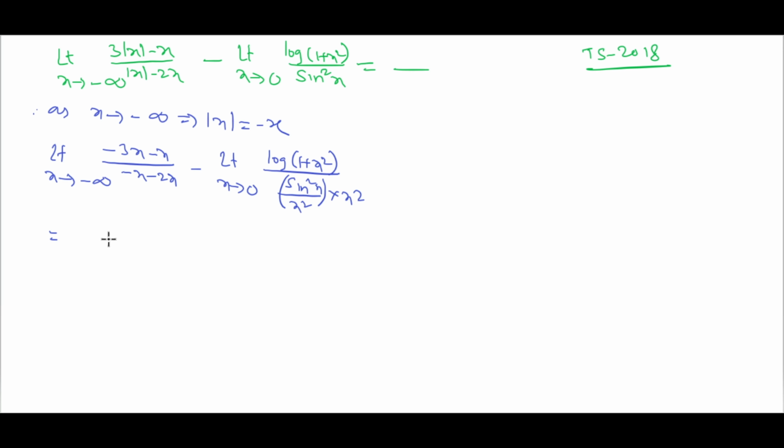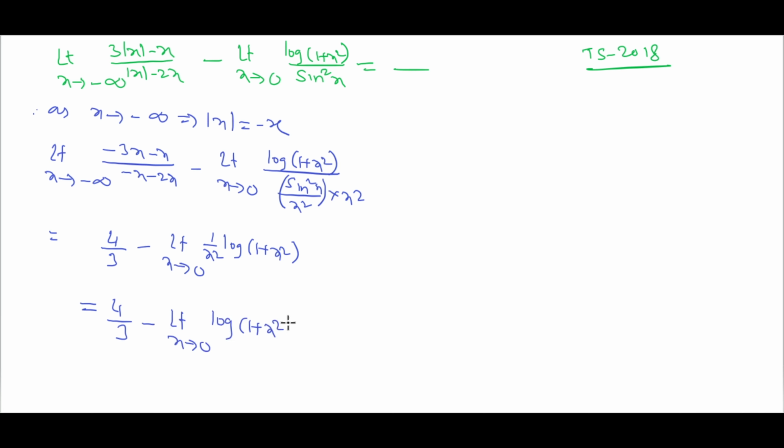So that value is 4 by 3 minus limit x tends to 0. So log of 1 plus x square, that is 1 by x square into log of 1 plus x square, that is equal to 4 by 3 minus limit x tends to 0, log of